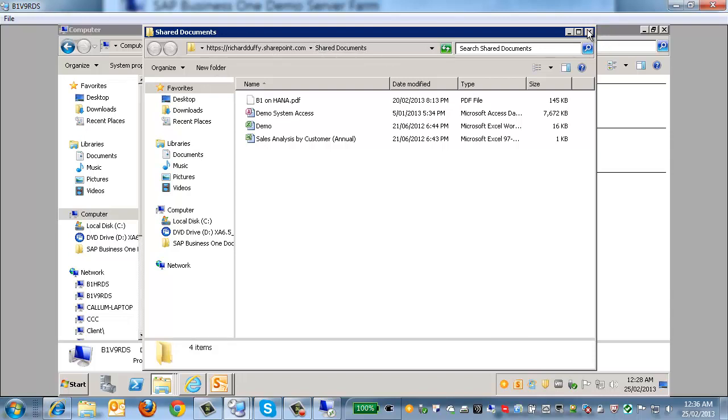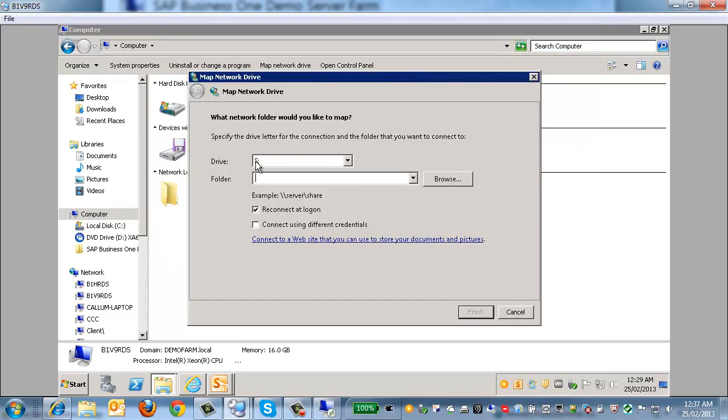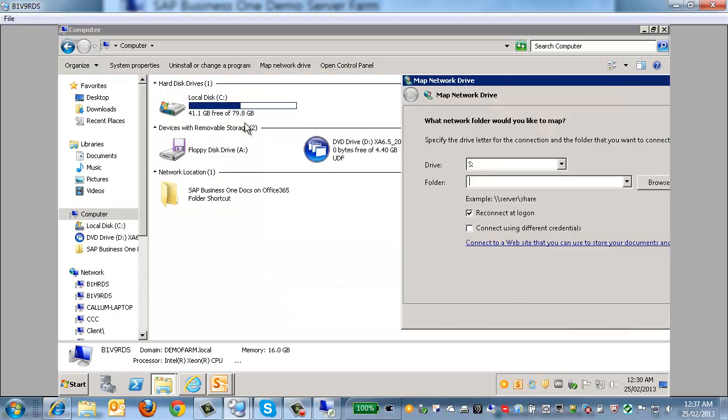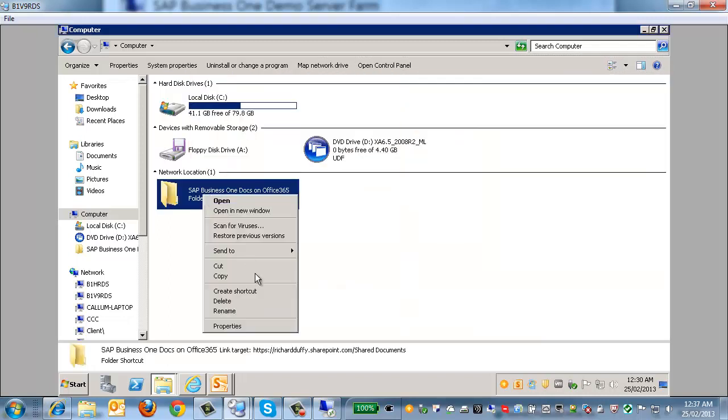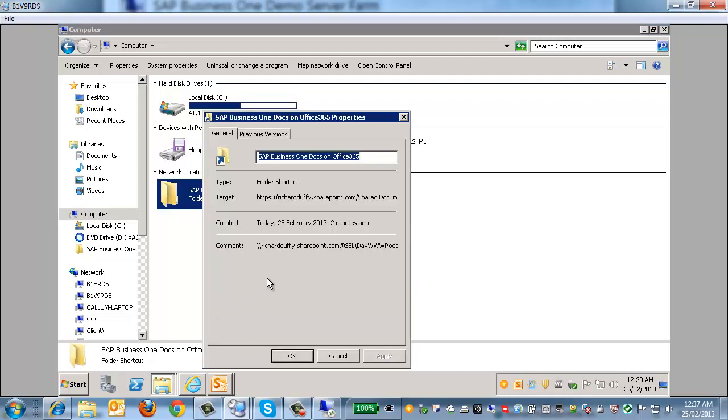There it is, richardduffy.sharepoint.com, shared documents. So now what I want to do is map a network drive to that particular folder. But there's a special format that I have to use when I'm doing that mapping. So you can see here is my folder. If I right click and I choose properties, you'll see down the bottom here in the comment area, it actually has a full URL that I need to use to access this from the file system. So if I copy that,